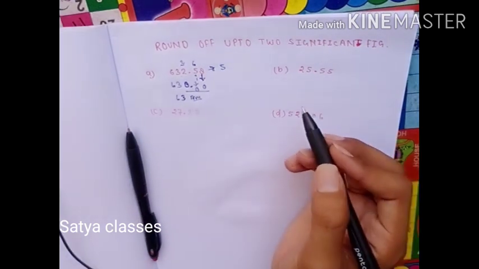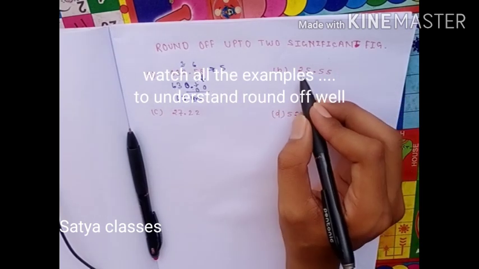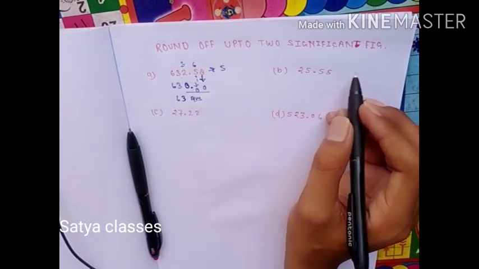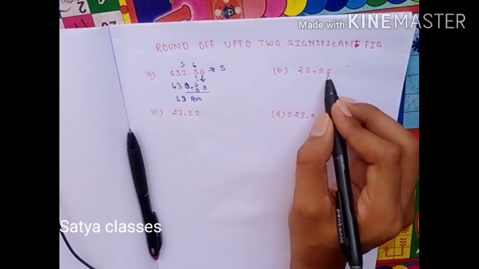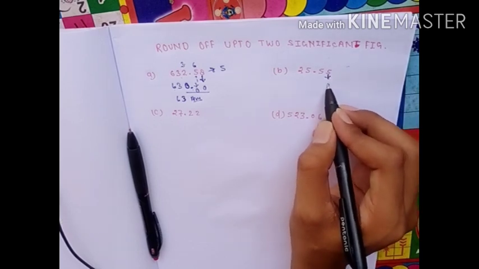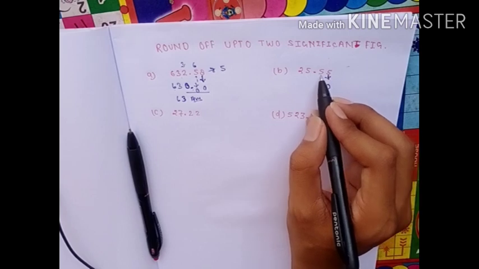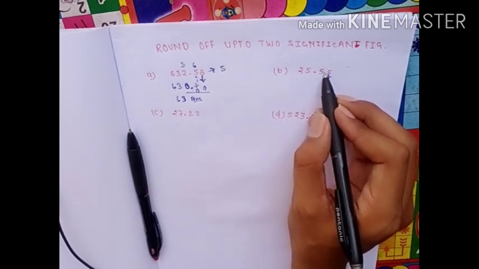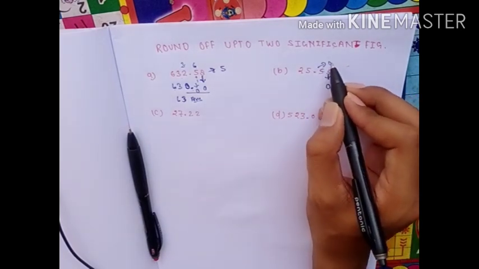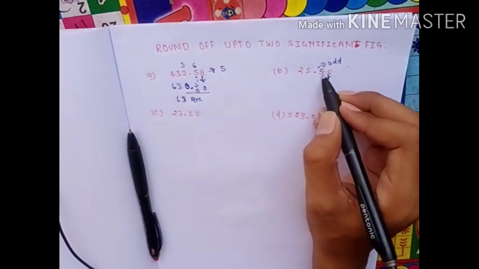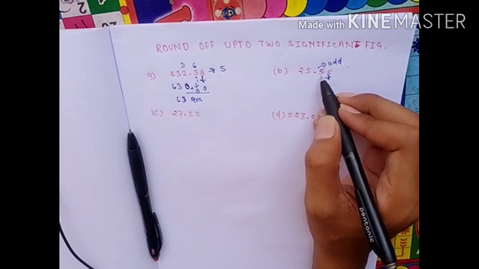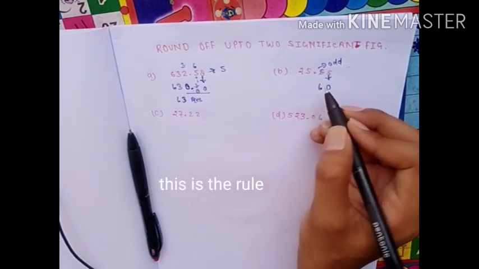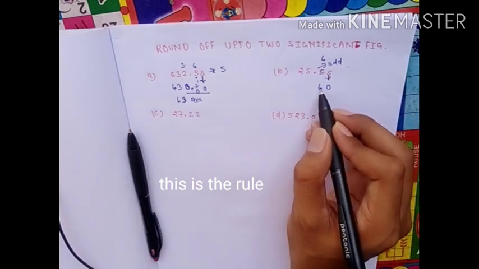Understand? Okay, move to next one, 25.55. So for solving this, drop 5, dropping 5, putting 0. Look here, when you drop 5, the preceding digit is 5, and 5 is an odd number. So if it is an odd number, increment will take place, so 5 will become 6. Understand? So 5 will become 6, and